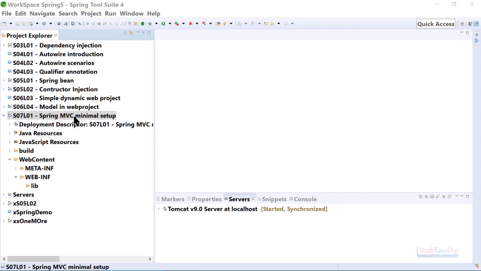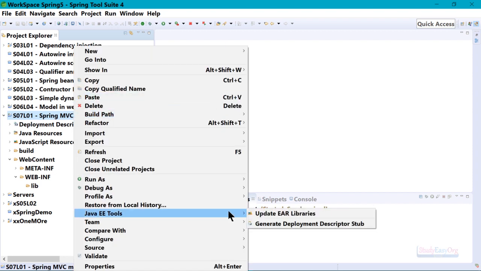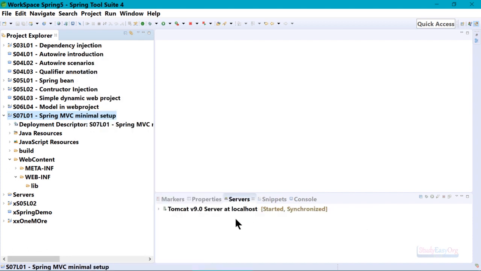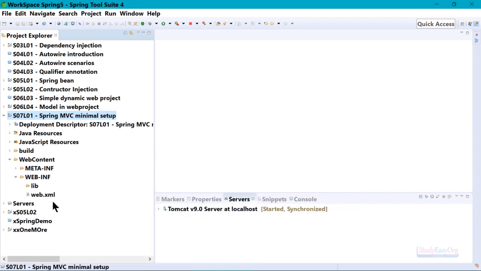web.xml file. Now the web.xml file is among the easiest ways of configuring the application to start with. So we will go with the web.xml file approach. I will right click, navigate to Java EE Tools, and here we have this option of Generate Deployment Descriptor Stub. Let me use this and let me now refresh the project once. Here we go,